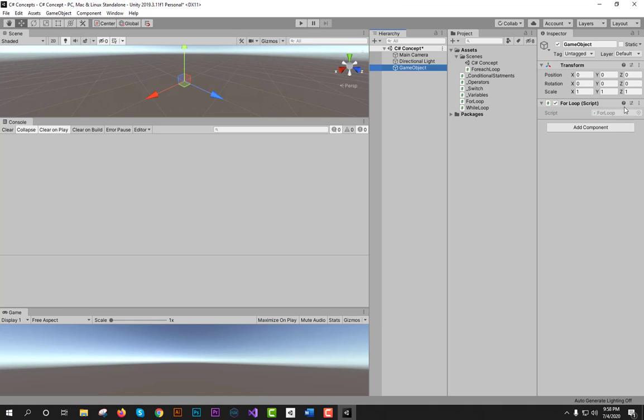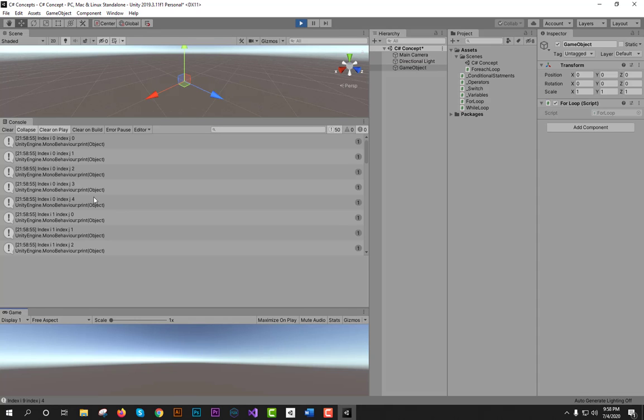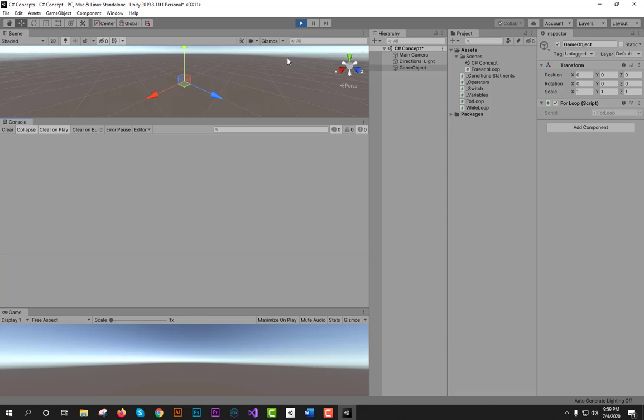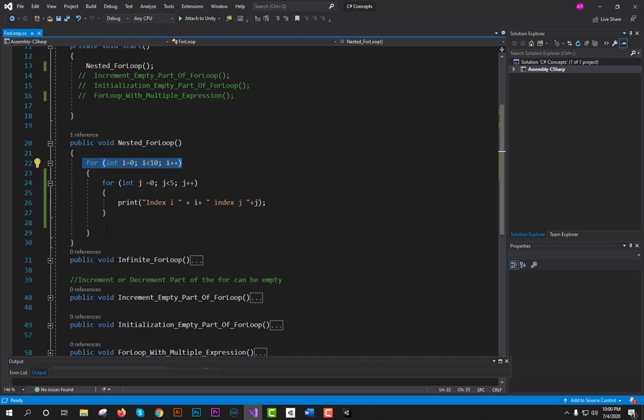I have already dragged the for loop script to my game object. You can see the result. i is equal to 0, j is equal to 0, i is equal to 0, j is equal to 1. This is the concept of the nested for loop. So I just wanted to show the template, or the structure, of the nested for loop.